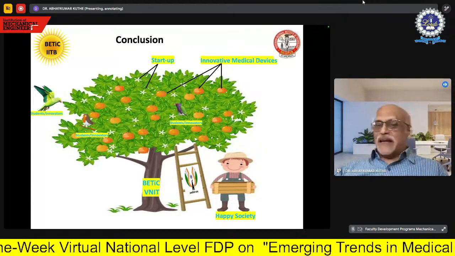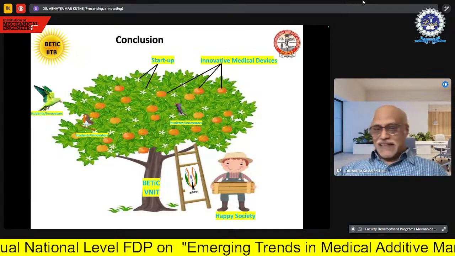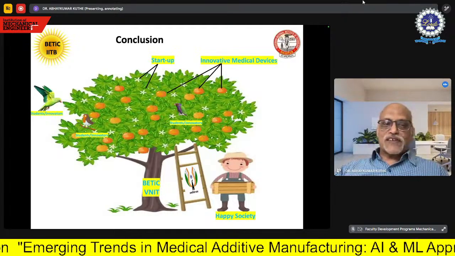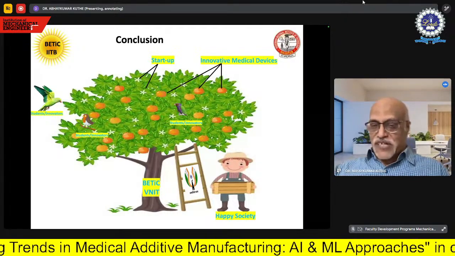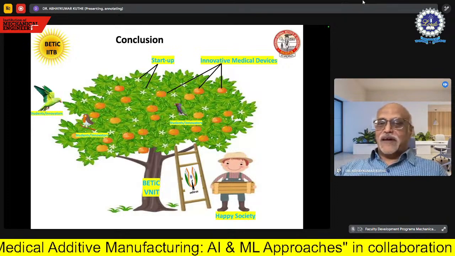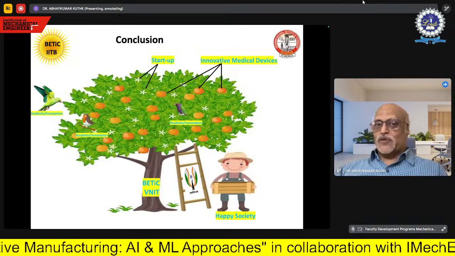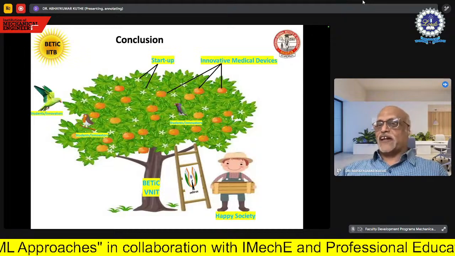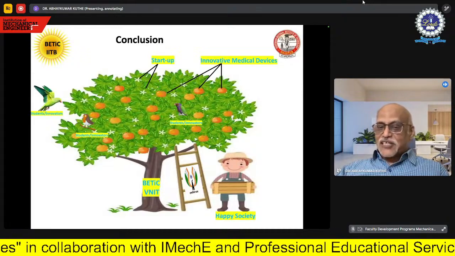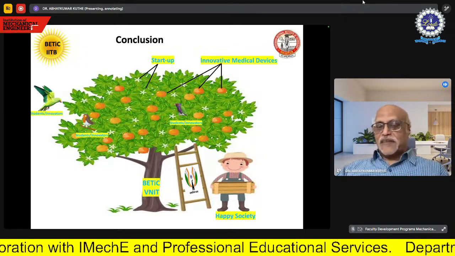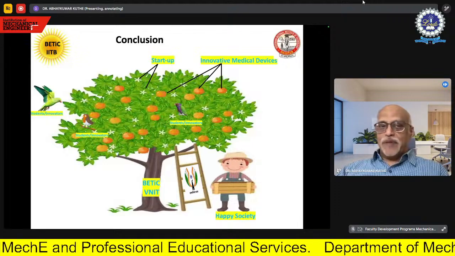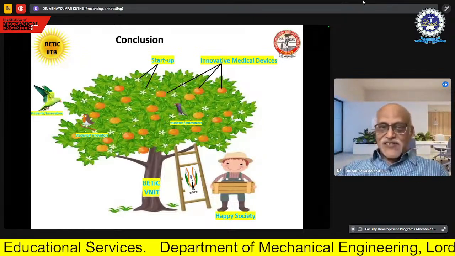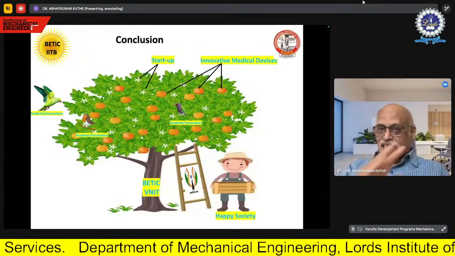So here it's like a Batik VNIT, our project that we generally show in the form of an orange tree. There we show that we allow the students or the innovators to come as birds and sit on our tree of Batik VNIT, so that once they come and sit on that, then the flowers will blossom. That is what we call a startup. And this startup will yield the fruits, that is nothing but the orange fruit, which we call the innovative medical devices, which will be plucked by the people using this Atmanirbhar Bharat ladder, and the society will be happy. And all this is possible because of the sun, which is Batik IIT Bombay, with which we are collaborating. So ultimately, this is the tree which we generally show.